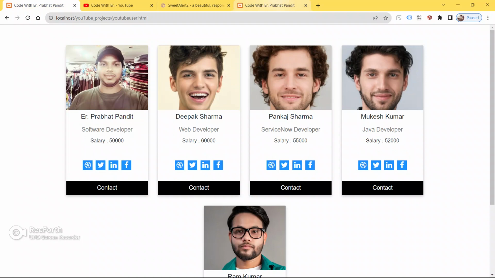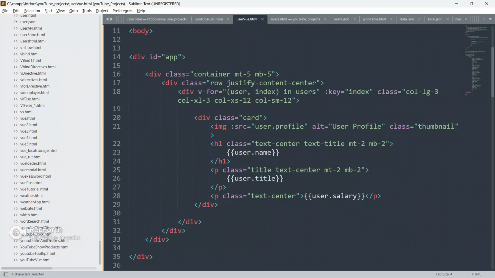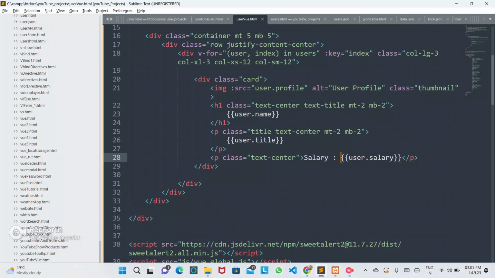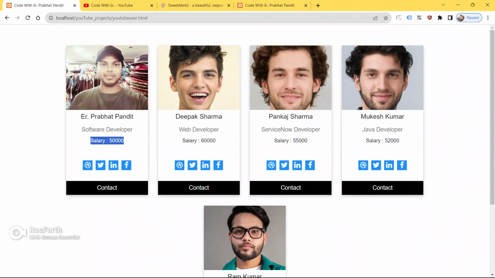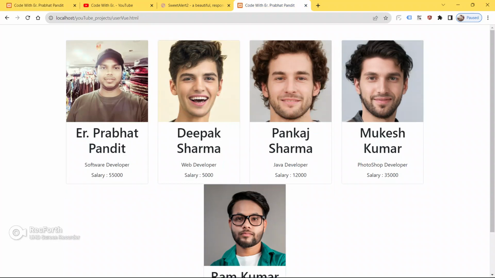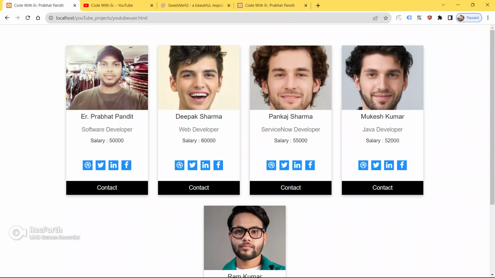As you can see here, we got the user salary also. First of all, let me do one thing: here we have to use salary. Now save your code, go to the browser and refresh your page. So salary is like this.